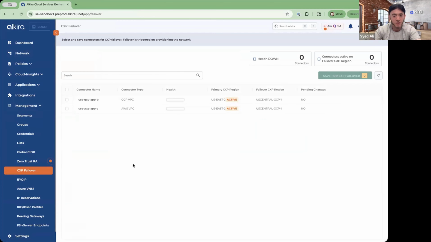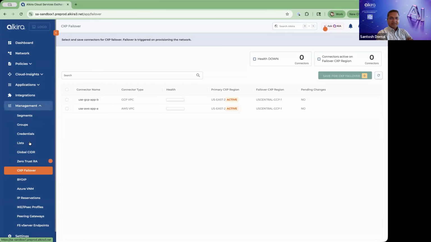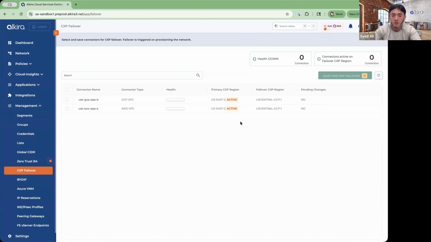Yeah, appreciate it, Santosh. Just to walk them through, there is this CXP failover section under management, and that is a manual trigger of DR. We've intentionally done it as a manual trigger, not an automatic trigger, because what we are showing is a very drastic failure, right? It's not something you won't want to control.